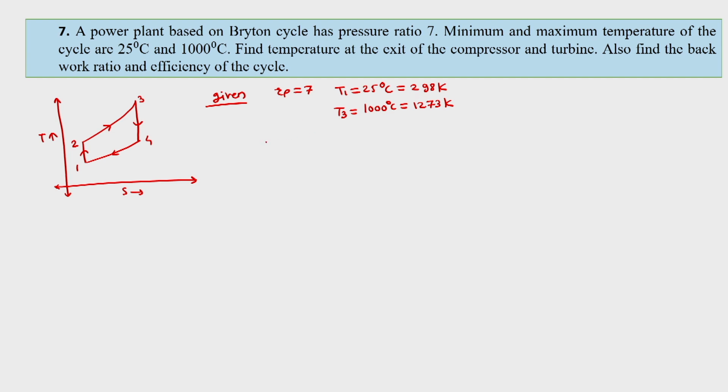Now we can go ahead. First we will evaluate the most important constant, Rp raised to (gamma minus 1) upon gamma. So it is 7 raised to 0.285, which is 1.7412. Using this we can find out various temperatures. So T2 is equal to T1 into Rp raised to (gamma minus 1) upon gamma. So it is 298 into 1.7412, and it is